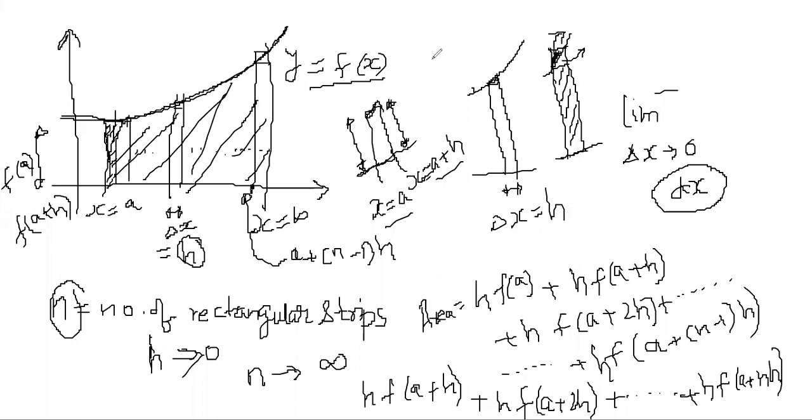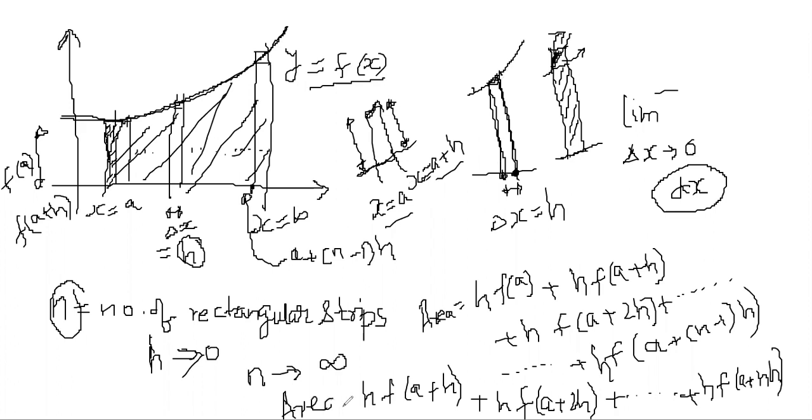length. There are two lengths actually. One is this length, another is this one length. So earlier we were taking this one, now we are taking this one. So both are having different heights, but under limit condition we are assuming both are equal. So you can take this one also as area.